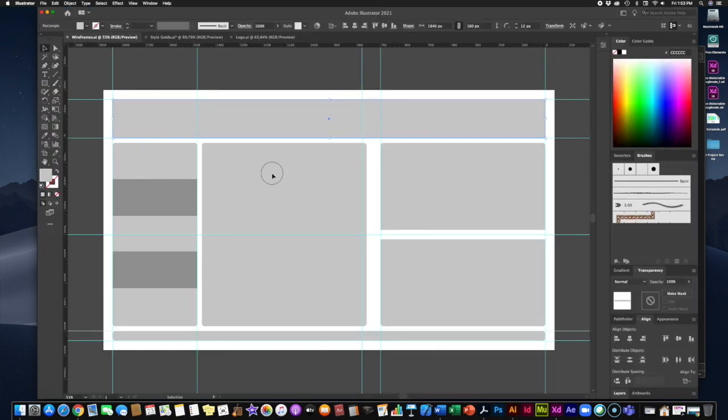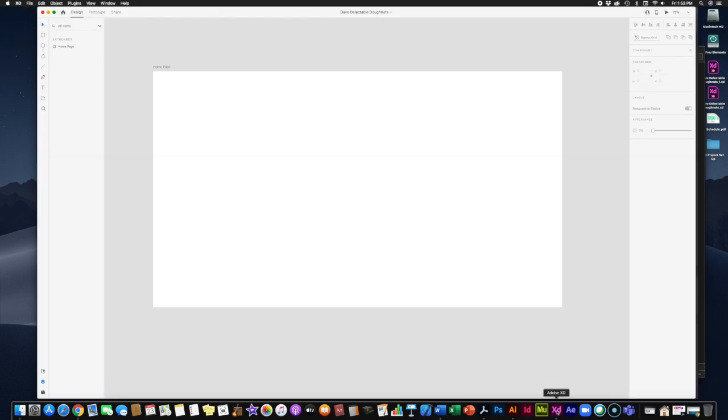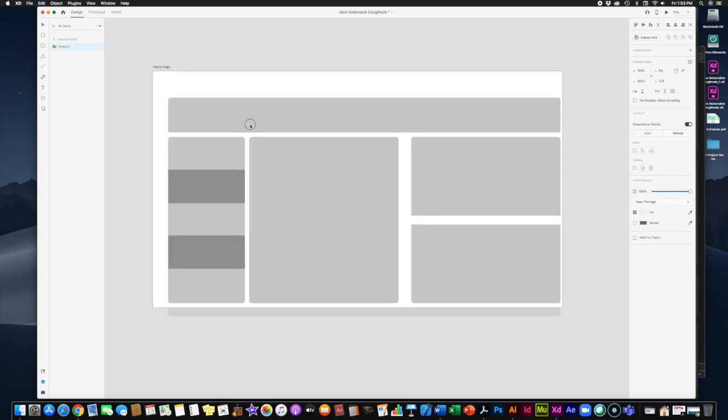Here is my wireframe, right? And of course my wireframe is made up of a series of rectangles or rounded rectangles in different shades of gray. I have my guides in place. Now if I simply lasso my entire collection of wireframe objects here, select all of them and copy them, and then go over to XD, because my artboard is the exact same size in Illustrator and over here in XD, and then hit paste, it is going to drop in my